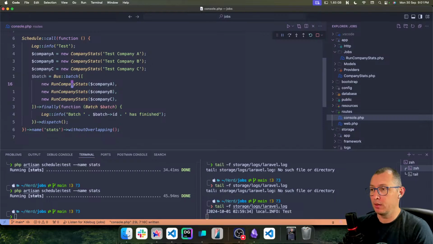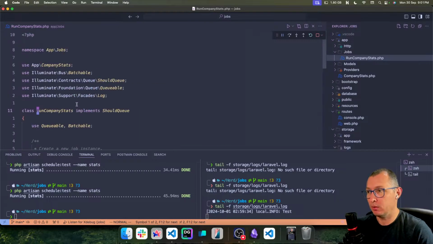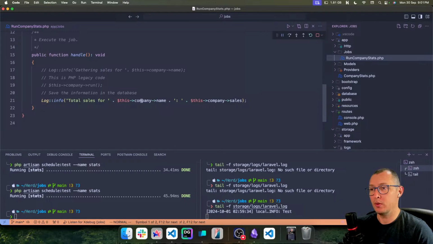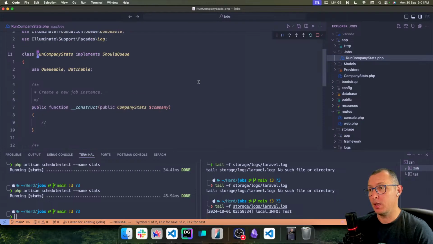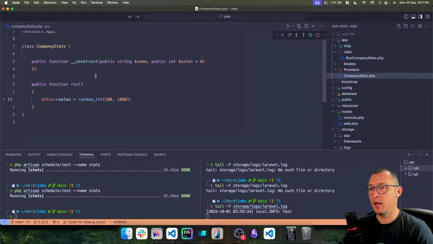Every job has a handle. Every handle has a log. Total sales for this company name, this company sales. Every time I create a company stats, I set this to nothing. Oh no, it has a value 0 and company A. Boy, oh boy. Okay, so